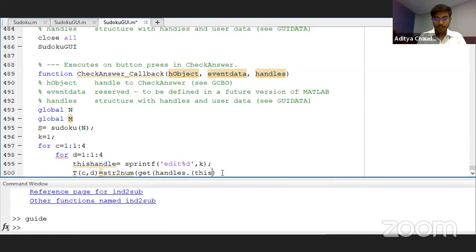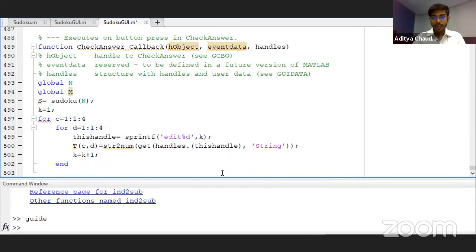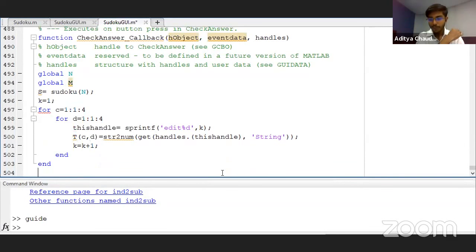So this handle will be fetching the values from this handle, and those values would be strings. Whatever value we are getting, we'll be storing it in the t matrix. And last but not the least, we'll be checking it. So let's quickly end the part, and again, one more loop I'll have to end.